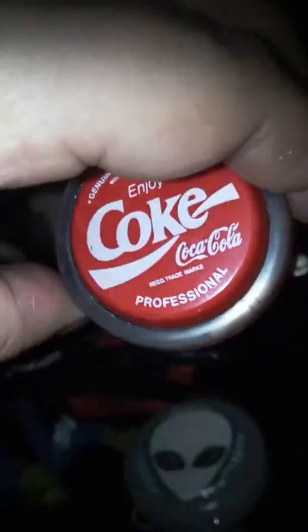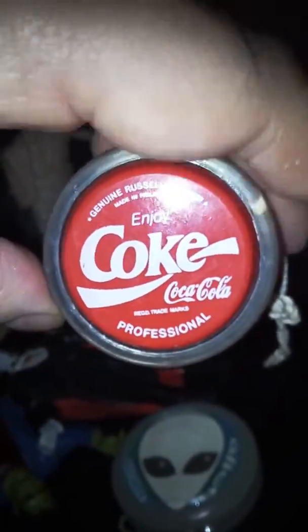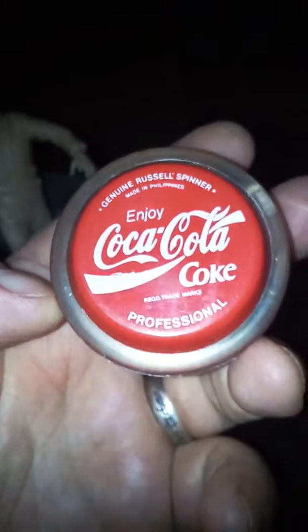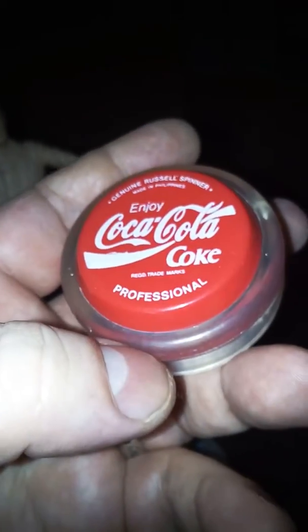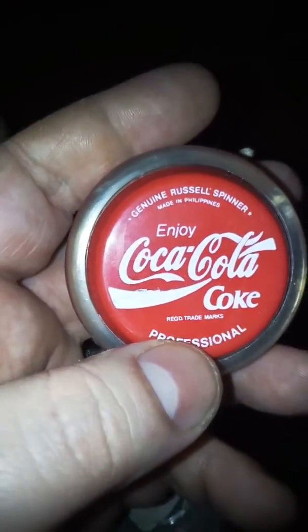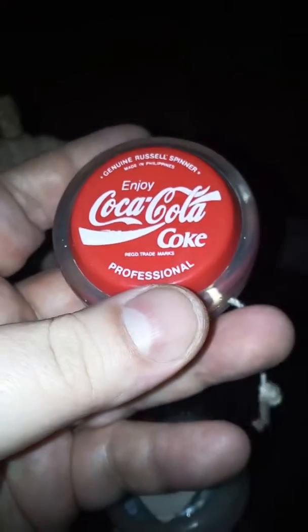I do collect Coca-Cola memorabilia, and it was nice to get hold of one of these yo-yos, as I've not really seen one. I think I had a Fanta one back in the day. Really nice to see one again after all these years. A lot smaller than I remember. Anyway, that's that. Other than that, I went and found